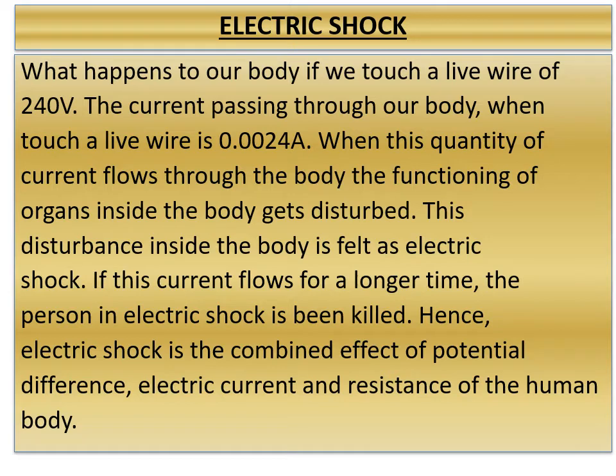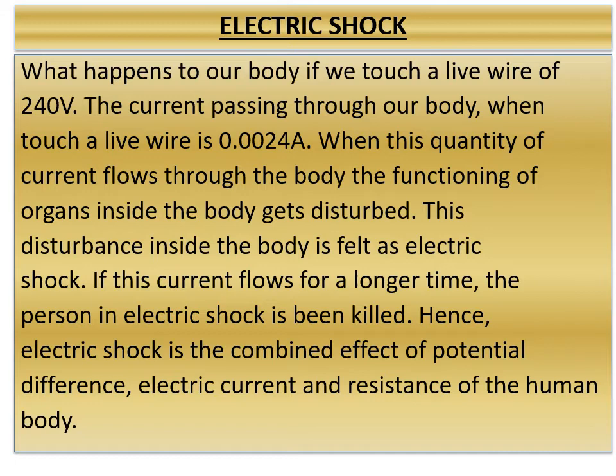If the current flow continues further, it damages the tissues of the body, which leads to decrease in the resistance of the body. When this current flows for a longer time, damage to the tissues increases and thereby the resistance of the human body decreases further. Hence, the current through the human body will increase. If the current reaches nearly 0.07 ampere, it affects the functioning of the heart. For more than 1 second, it could be fatal. If this current flows for a longer time, the person in electric shock is killed.